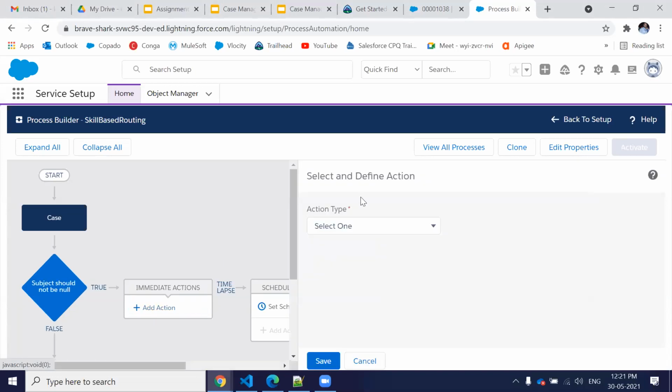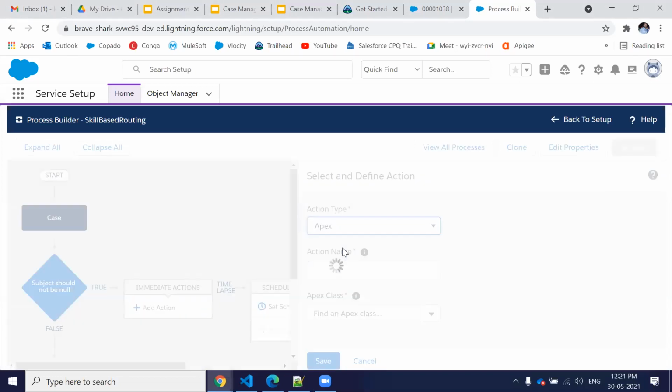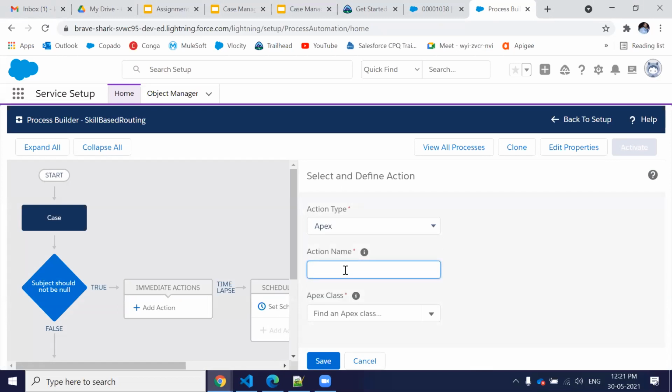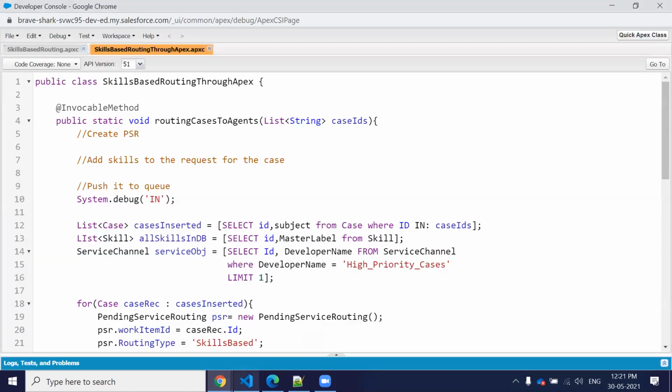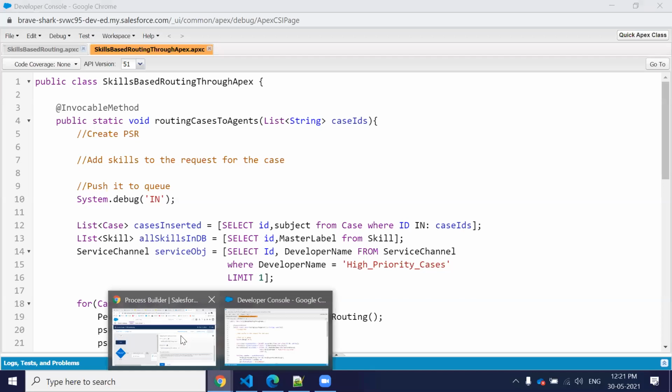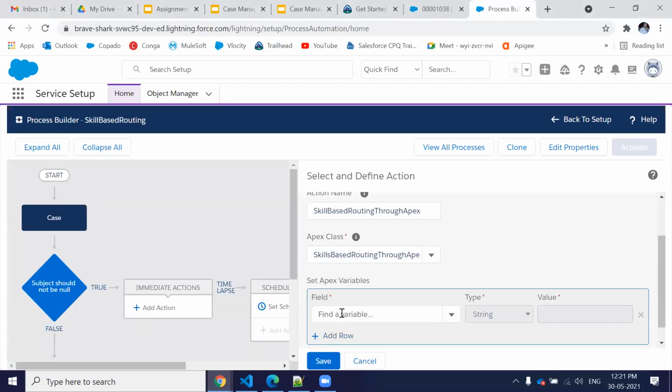And add actions. So we're going to add Apex. Skill based routing through Apex. And we have to find our Apex class. So it's here. As I selected this one, we have to provide the variable. This list we have to provide. So we go back to the process builder, add a row.